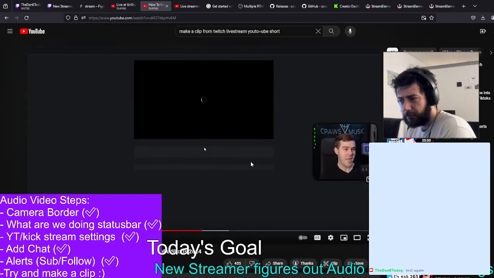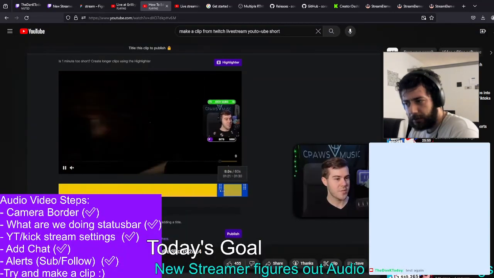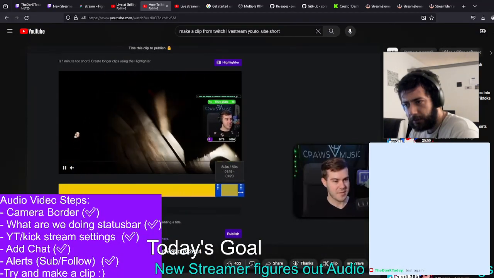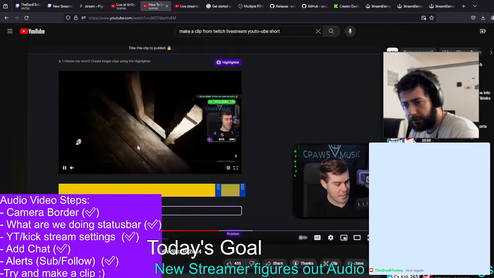It's gonna bring us to a new clipping page where we'll be able to edit our clip. Then you'll be able to edit the clip using these little sliders here. So right now, if we drag the left one, it'll adjust where the clip begins. And if we adjust the right one, it'll adjust where the clip ends. So let's say I just wanna have this short little 9-second clip here. Then we're gonna add a title. So I'm just gonna call it spooky jump scare clip. And then if you want, you can